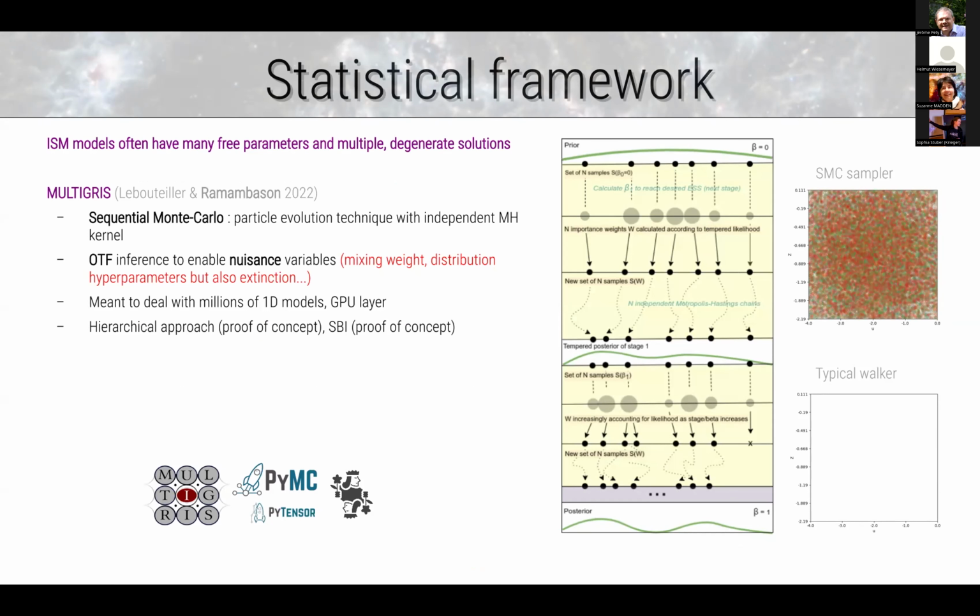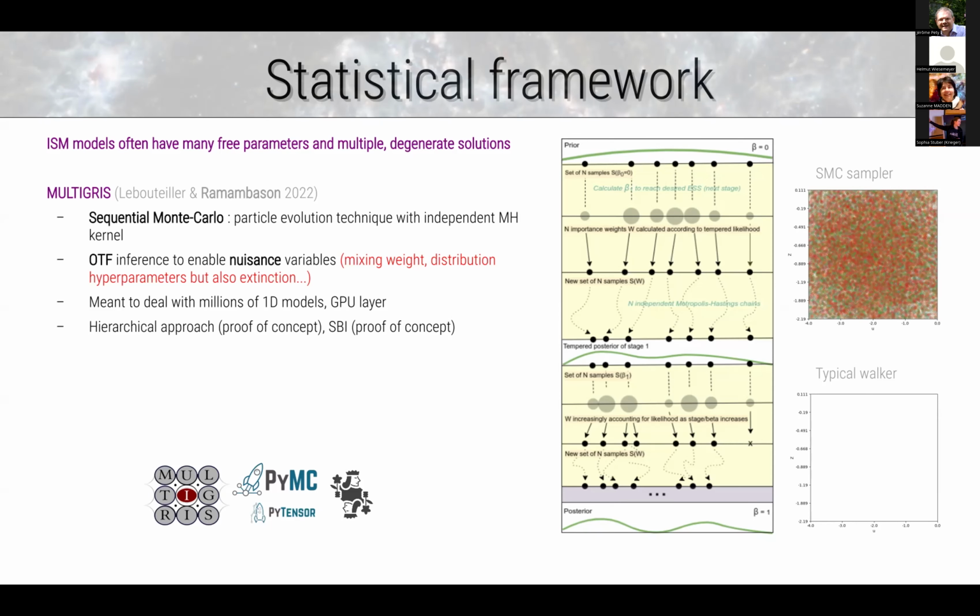It's okay. So you sample the entire prior space, and then slowly, the particles will converge to the right location. So you have to imagine that. And the typical walker will jump from one solution to the other when you have several solutions. So it's very powerful. So the inference with this code is on the fly, which enables nuisance variables